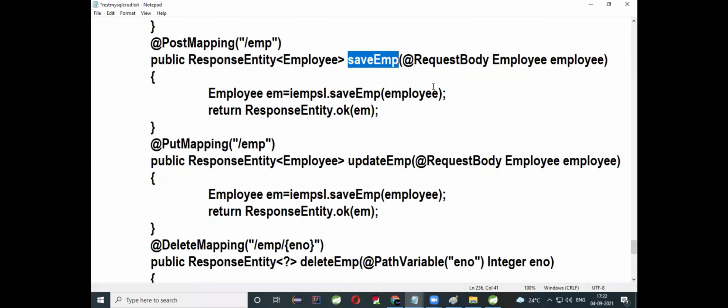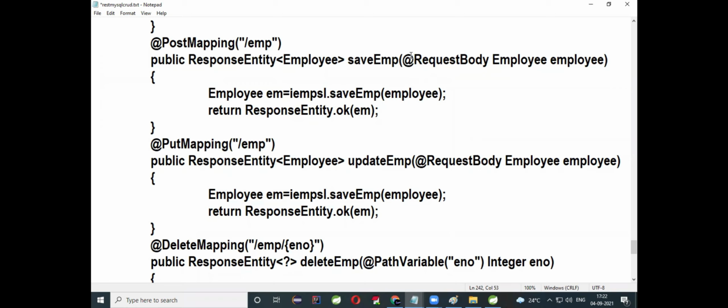The browser will submit the request to the server in different ways. One is by entering the URL, one is by clicking on the submit button, one is by clicking on a hyperlink. If the request is through the URL or by clicking on a hyperlink, then that request is considered a GET request. If the request is by clicking on the submit button, then that request is considered a POST request. So the communication is happening through HTTP. If you want to submit data to the server, we'll use POST. If you want to get data from the server, we'll use GET.